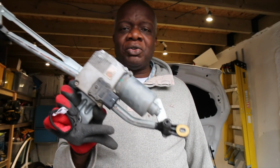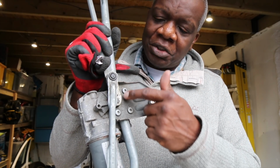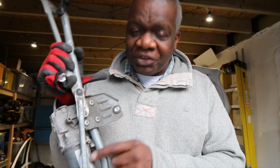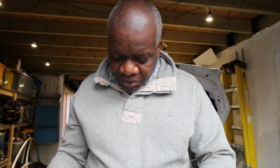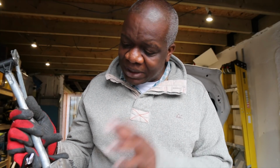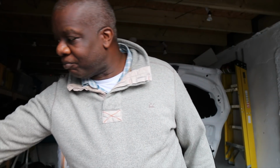Okay, so here's our motor. There are 4 bolts here that are securing the motor to the actual wiper linkage mechanism arm. So I'm going to see if I can get the motor as a separate item. If not, then I'm going to have to order one on eBay or something. But let's see if TPS have got one in stock. If they've got one in stock, brilliant, I'll get one from that, replace it, and then that should be it. Okay, but there's a reason why